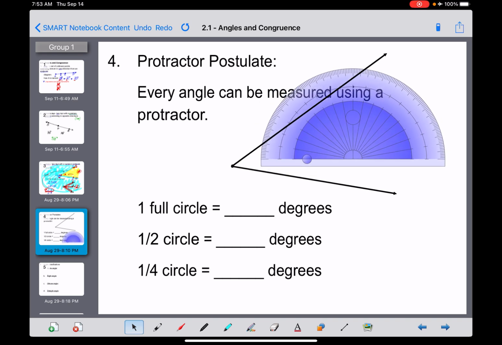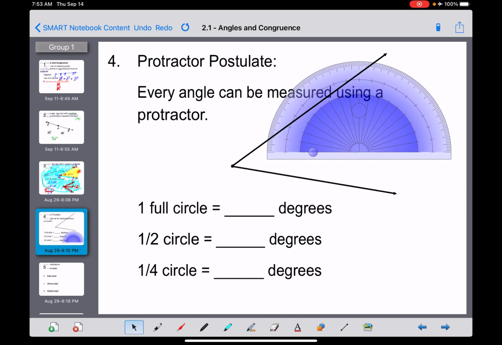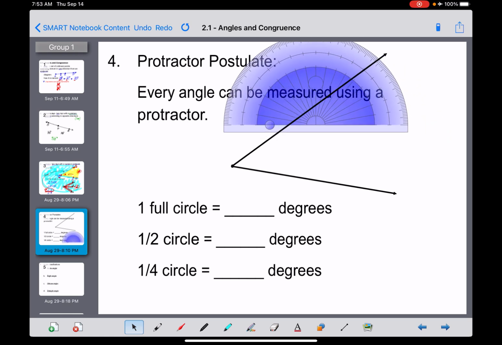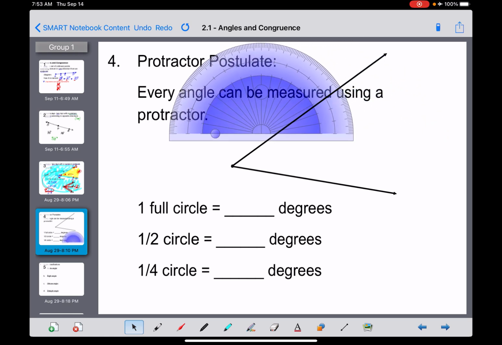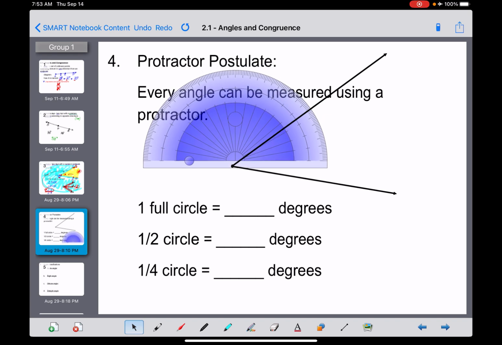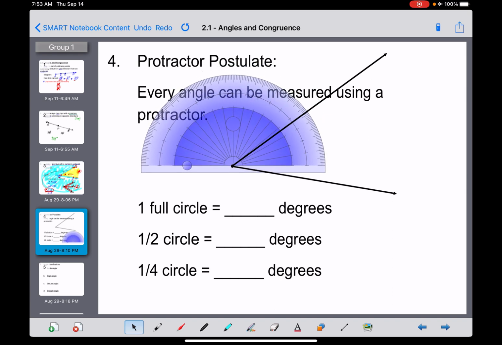So if you've used a protractor before, here's what you'll hopefully remember. You want to take this little center point on the bottom of your protractor here and put it right on the vertex of your angle. So probably something just like that. Then what you want to do is rotate that protractor a little bit so that the bottom line of the protractor is directly on